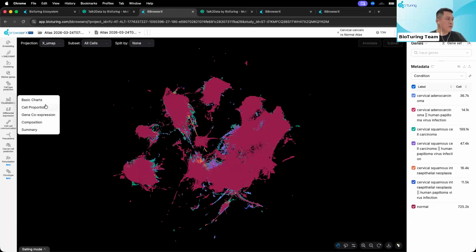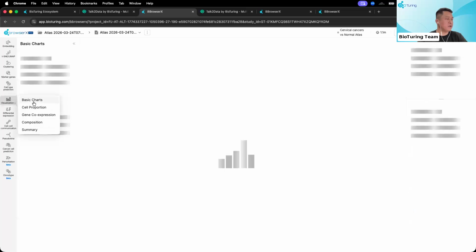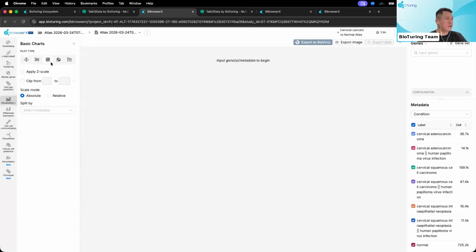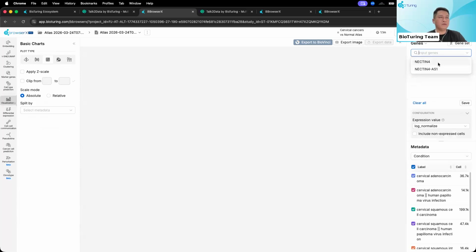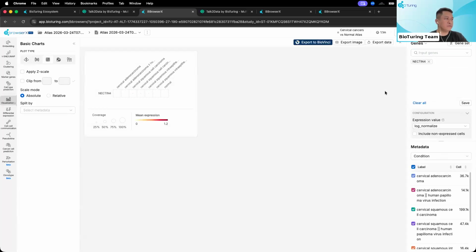across different subtypes of cervical cancer and also normal. So I simply go to the visualization and basic chart here, choose the bubble plot heat map, and let's do Nectin-4, right? And you can see here the expression of Nectin-4 is different across the cervical cancer subtypes and also normal. You can see normal has very low expression compared to, for example,